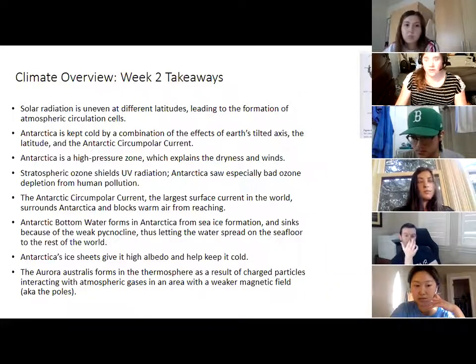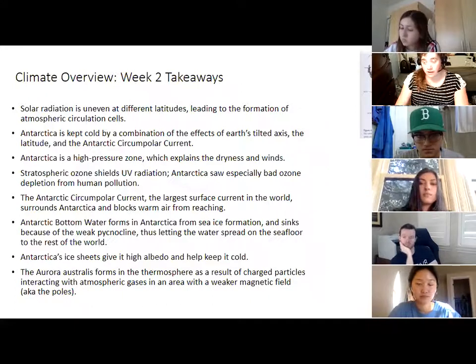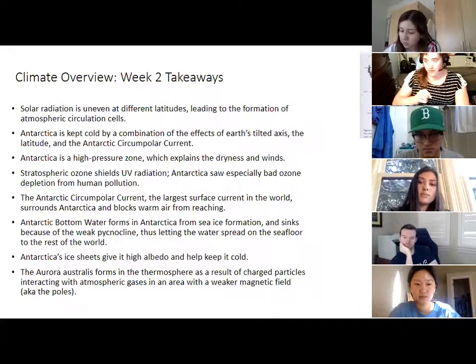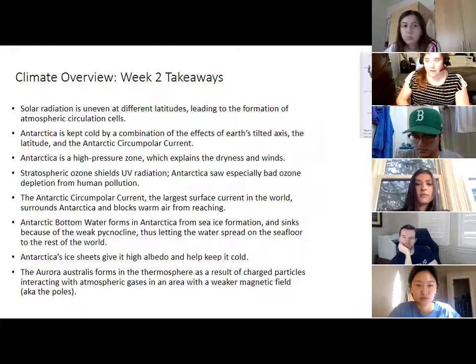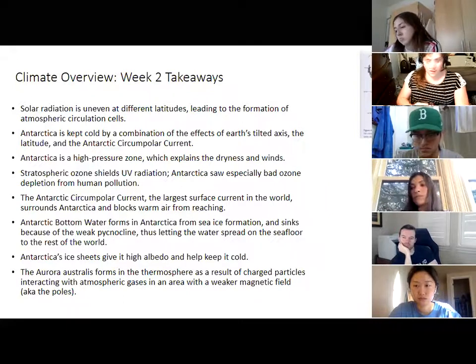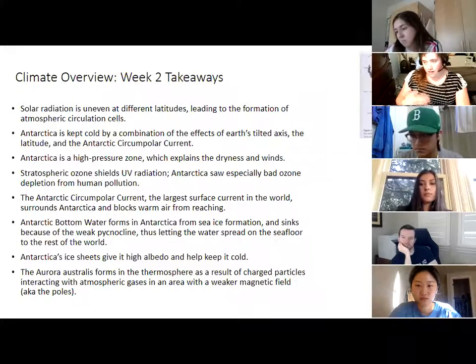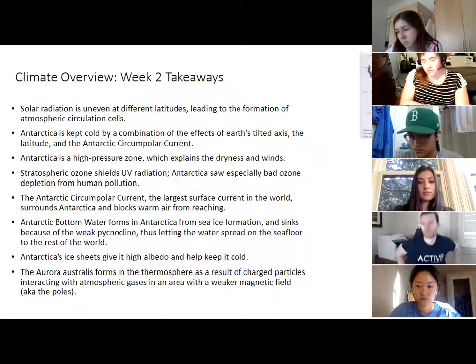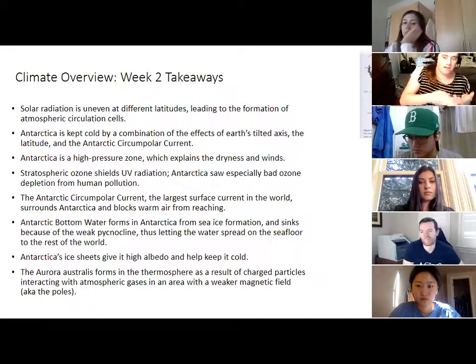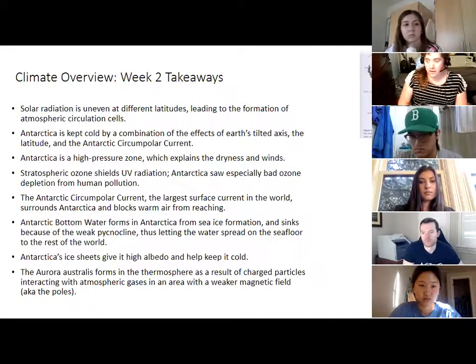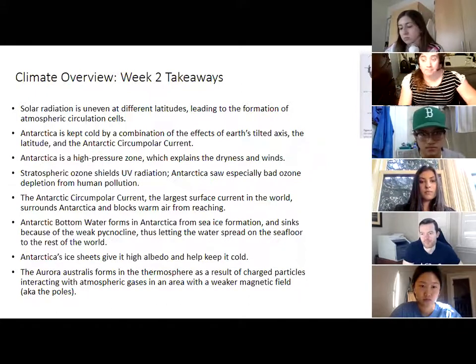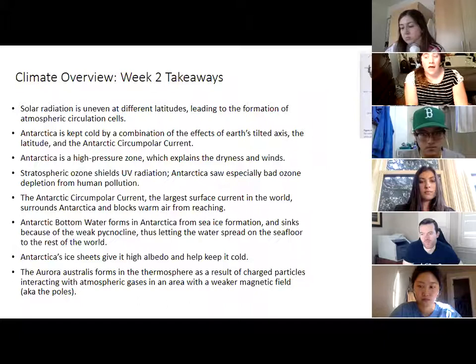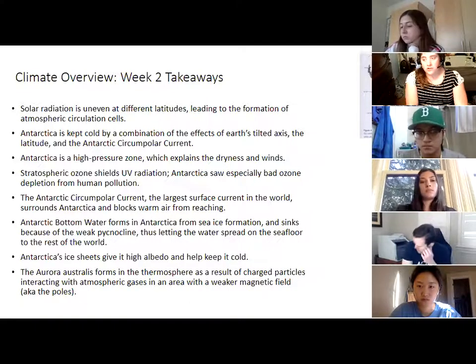And in terms of atmospheric circulation, I lingered on how Antarctica is a high pressure zone, how the air is falling around the South Pole, and that's a big reason why Antarctica is so dry and why it's so windy. It's so windy because you have that air going out towards the edges of the continent, and that gets accelerated by the downward sloping ice sheets, creating even more of a gradient. And it's dry because high pressure zones are generally dry. The falling air has lost its moisture elsewhere.